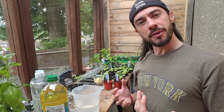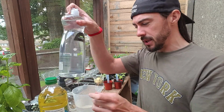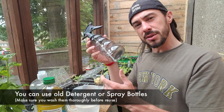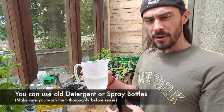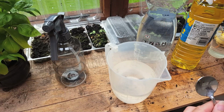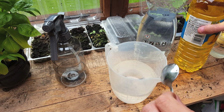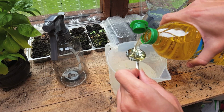So another way you can get rid of leaf miner is to make what's known as white oil. Now what you need is some vegetable oil, some eco-friendly washing up liquid, a spray bottle which you can pick up 2 for the 99p shop, and just under 500 millilitres of water. Now, this original recipe came from the Victorian times, but I've tweaked it a little bit to make it more organic. First up, you need 2 teaspoons of vegetable oil,